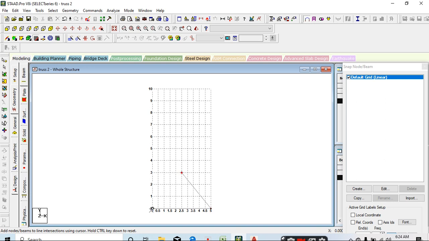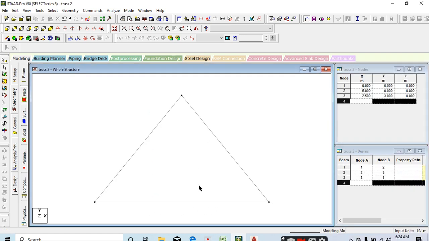Just click on it, then click on 0. Close the grid. Look at this. We created a geometry of bottom member 5 meter length, and the height of the truss is 3 meters.